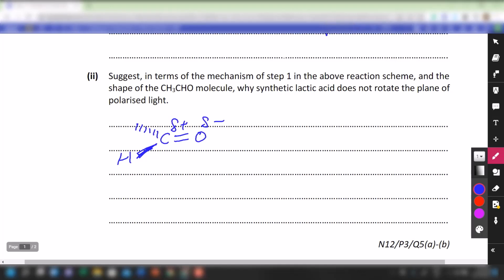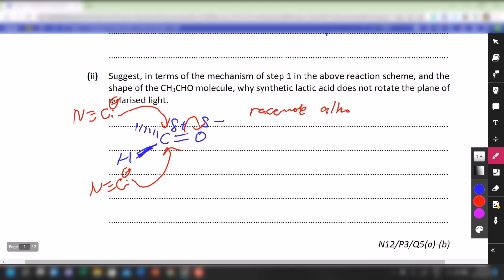So in terms of geometry, your cyanide nucleophile will approach it from the top and bottom plane with near equal probability. This is the top approach, and this is the bottom approach. Then the C=O pi bond will break accordingly. Because of this, in the process, racemic